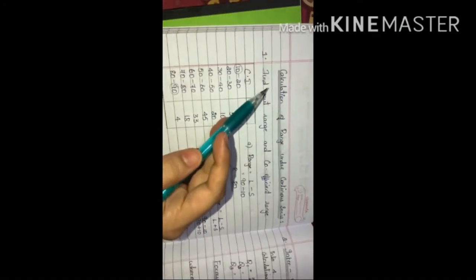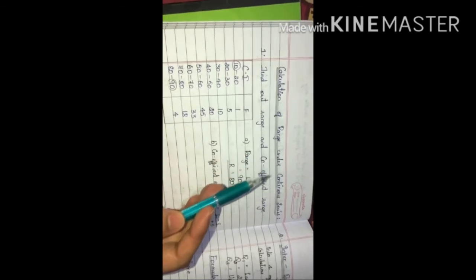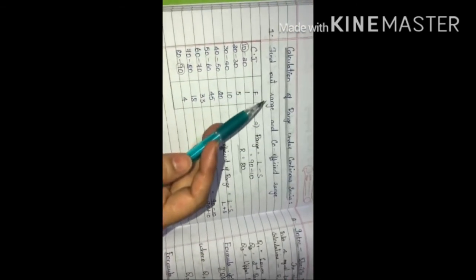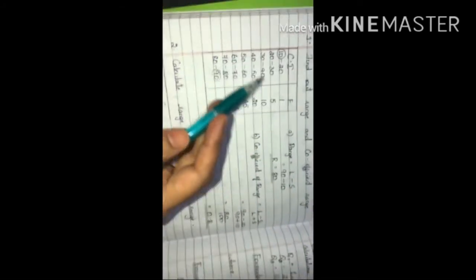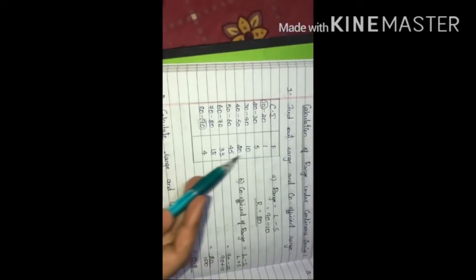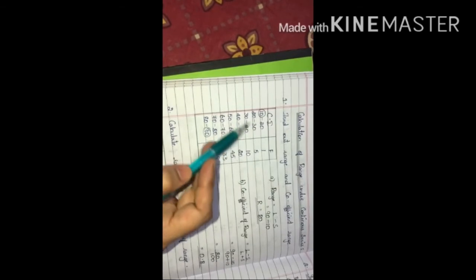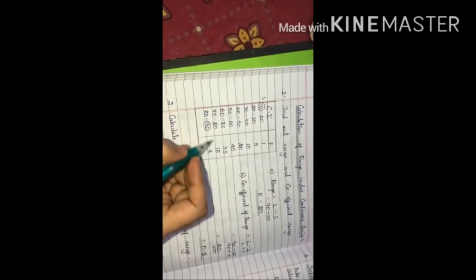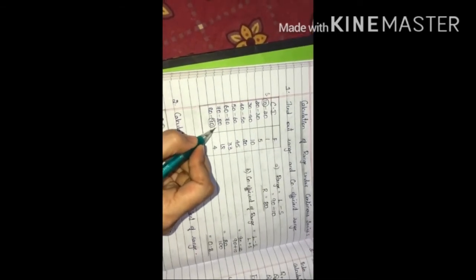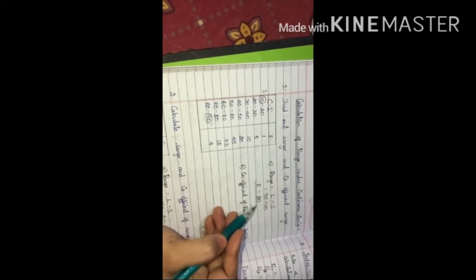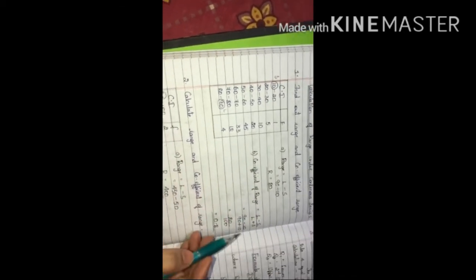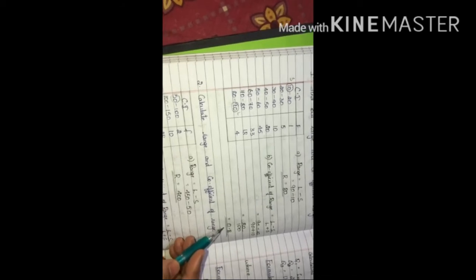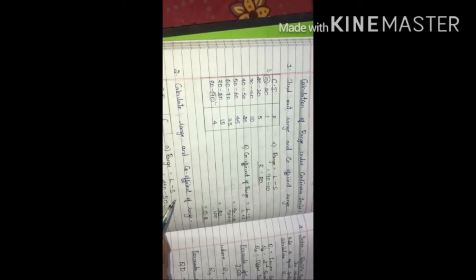Now again, the next heading is calculation of range under the continuous series. The question is like this: find out range and coefficient of range. They've given you the class interval, they've given you the frequency column. So they have only given it to you in the arranged format. The smallest value is 10, you need to mark. The largest value is 90, you are marking it. So again with the formula, 90 minus 10 is 80. For coefficient of range, 80 divided by 100, you get 0.8. This is a very simple method which will usually be asked for 2 marks or 6 marks.